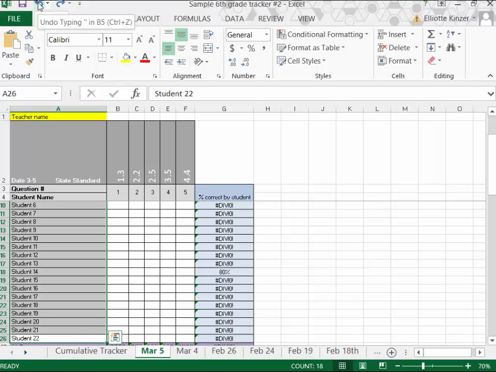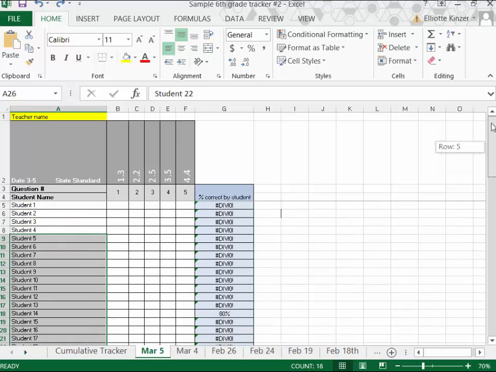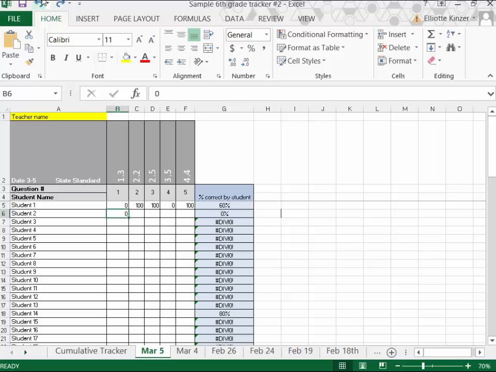I will then give the students the test. After the test is concluded, I'll grade it, and for any particular question a student either gets a 100 or 0. They either get the question correct or they miss it. And so I will go in and add the scores for each question for each student. You'll notice to the right it is keeping a running percentage for each student for the whole test,